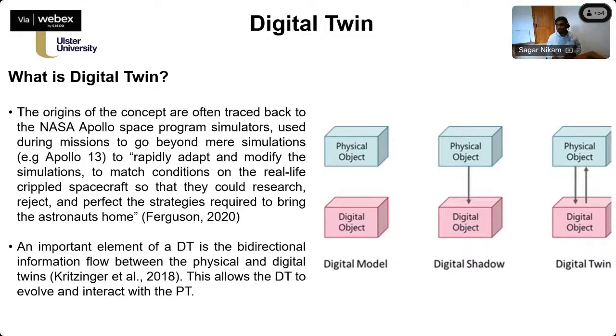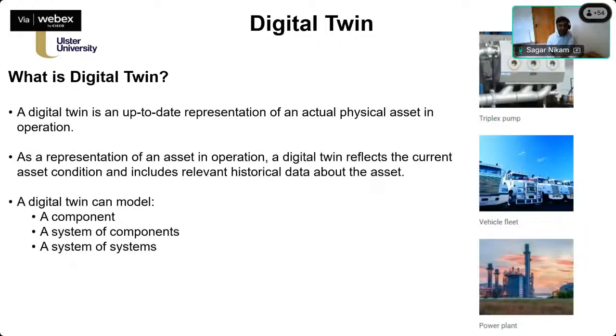So it's according to the research, according to their particular research. But one common element in digital twin is the bidirectional information. It should not be only one way. It should go back to the physical world. So that is where the common element is. So when we talk about a digital twin, it's an up-to-date representation of the actual physical assets in operation. It can be a representation of the operation in its actual way, or it can also be in terms of a digital way.